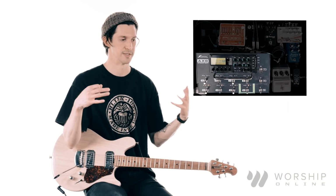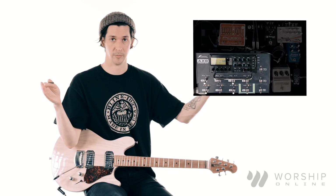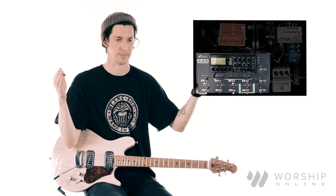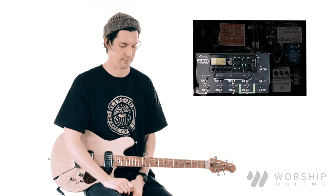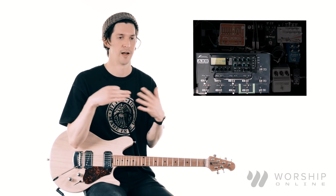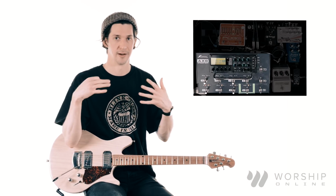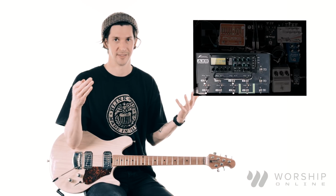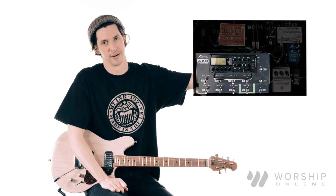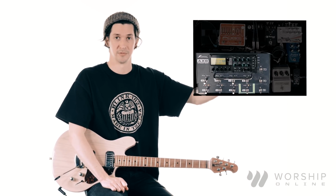And it creates a really consistent tone for each side of the room in the congregation or audience to get the same exact tone from me for the most part, even though they're hearing different cabs left and right. Because in the room, you're not really hearing a lot of the stereo effects that many guitarists think people are hearing. It's really only the people in the center of the room. If you're sitting off to the left of your congregation, or if your church is using a mono PA, which happens a lot,